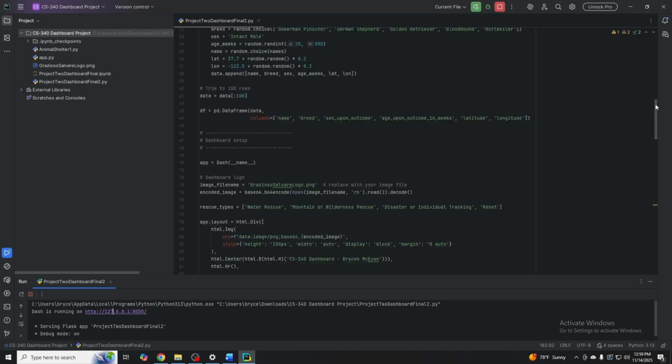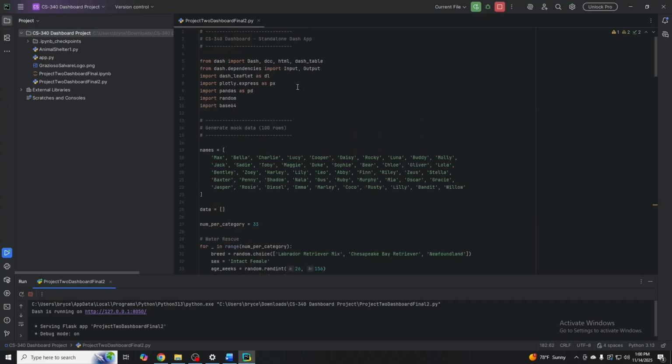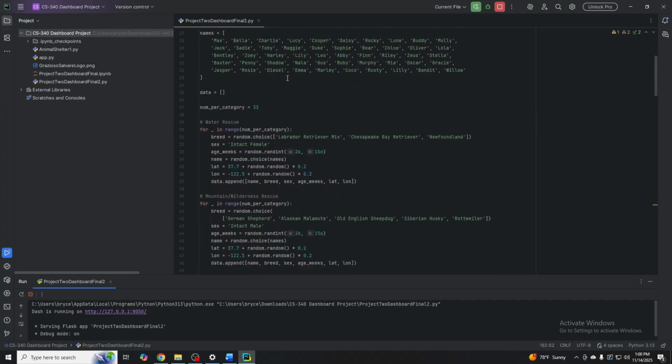But I do have an example of some records that I just inserted in here so you can see how the dashboard works and what it's supposed to do. Yeah, so for this one, you can see